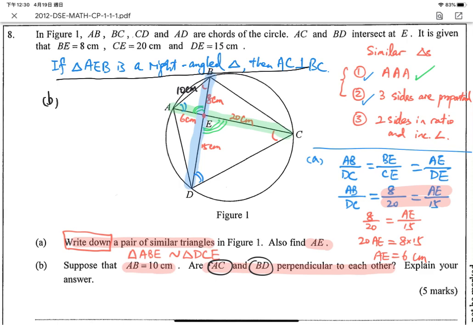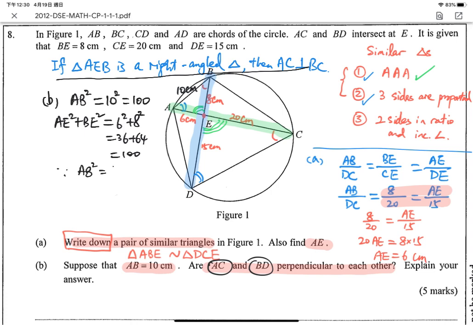For the converse of Pythagoras theorem, because we already know the lengths of the three sides of triangle AEB, I just pick the longest side, which is AB squared. We consider AB squared, which equals 10 squared, which is 100. And the other two sides, AE squared plus BE squared. I add them up, 6 squared plus 8 squared, which is 36 plus 64, which equals 100. So as we can see, AB squared equals AE squared plus BE squared. Therefore, we can apply the converse of Pythagoras theorem to conclude AEB is a right angle triangle